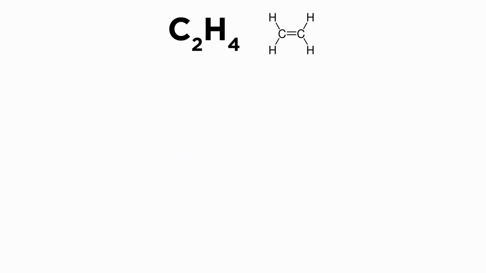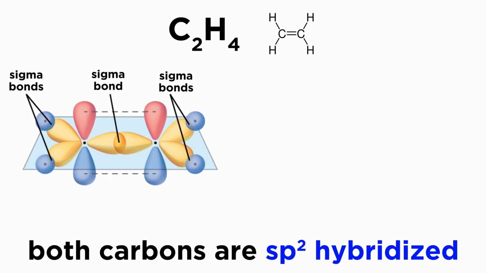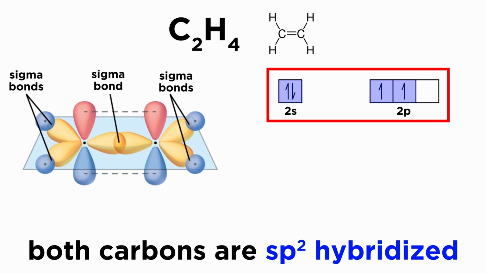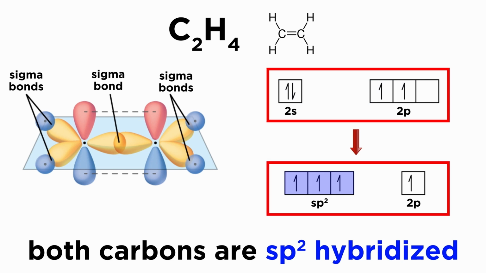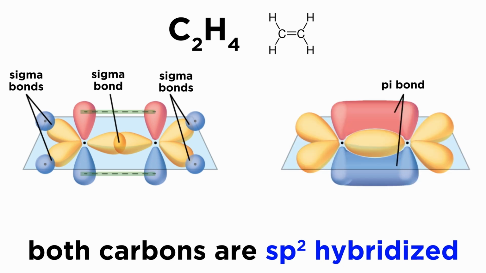Now let's look at ethylene, or C2H4, which has a double bond between the carbons. Now the carbons are each surrounded by only 3 electron domains and are thus sp2 hybridized, exhibiting trigonal planar geometry. And because each carbon only needs 2 of its 2p orbitals to generate the hybrid orbitals, each has 1 unhybridized p orbital left over. Lateral or side-by-side overlap of these unhybridized p orbitals will result in what is called a pi bond. So between these 2 carbons there is 1 sigma bond due to direct overlap of sp2 hybrid orbitals,